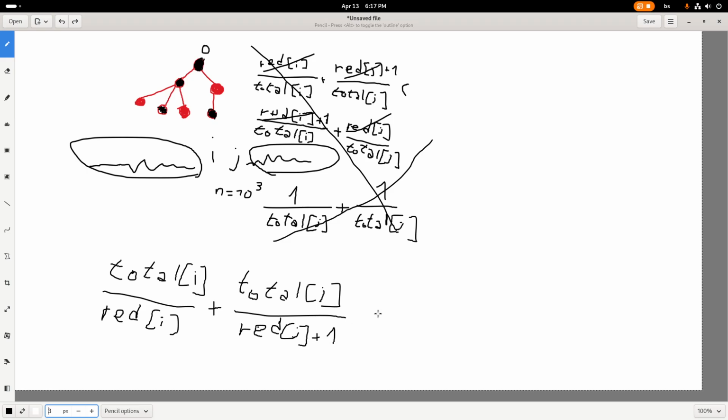Yeah, and depending on which one is smaller, you're gonna